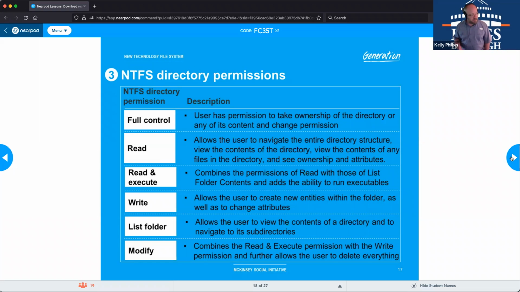Again, read allows them to navigate the entire directory structure, view the contents. They can look in any files in the directory and then see the ownership attributes with regards to it, but they can't really make any changes. Read and execute, which I said it combines the permission with those of the list folder contents and has the ability to run